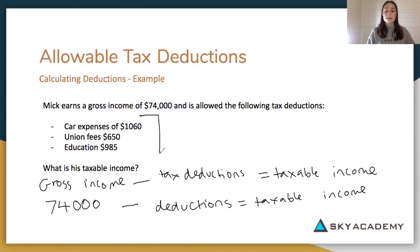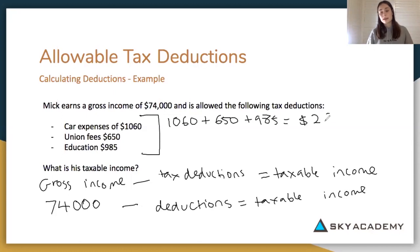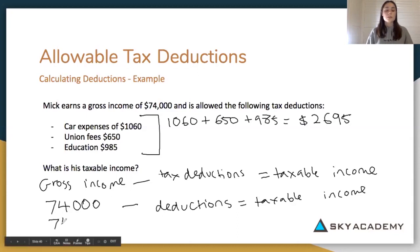Here is a list of our deductions. If we add them all together, that's going to give us our total tax deductions. So 1,060 plus 650 plus 985 gives us a total tax deduction of 2,695. And if we substitute that into our formula,